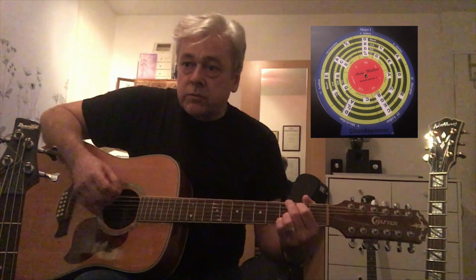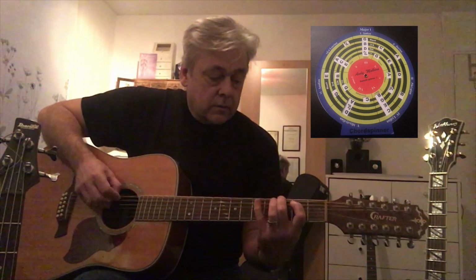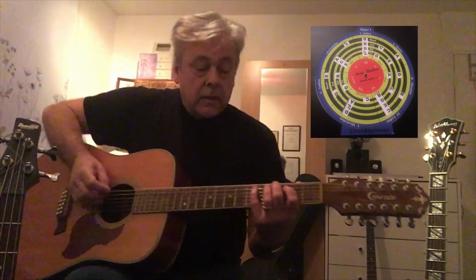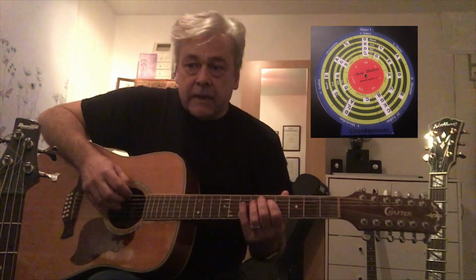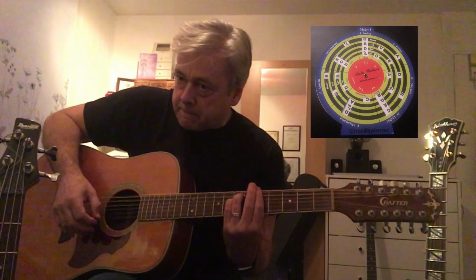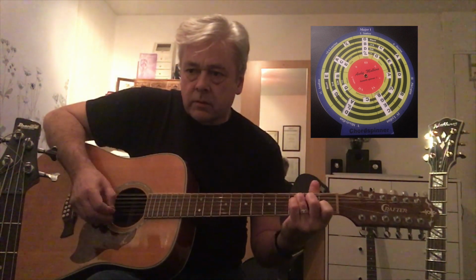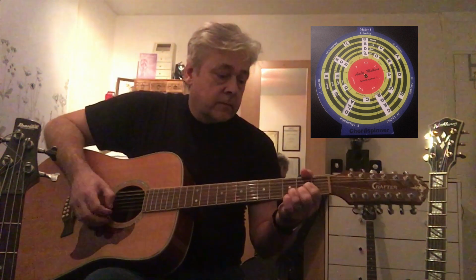So for your G chord, you would use a G, a B, and a D, counting 3. Root, 3rd and 5th, which you'll see on the chord spinner. In the key of G, the next note would be an A, and that would be an A minor. The next note would be a B, the chord would be a B minor, then a C major, a D major,